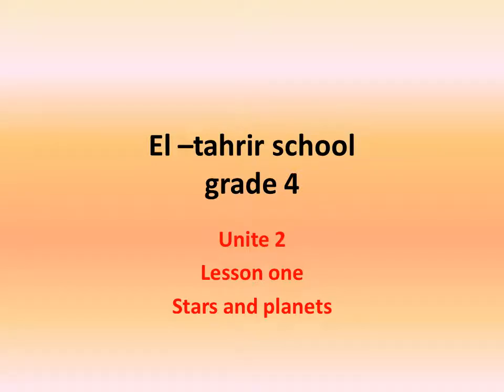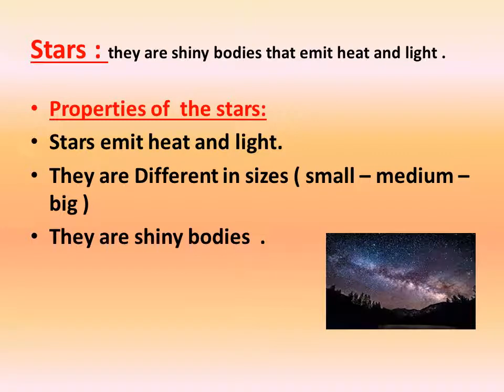Today we will learn about Unit 2, Lesson 1, Stars and Planets. When we look at the night sky, we see shiny objects or shiny bodies that emit light and heat. When we look again, we notice that these bodies are different in size,